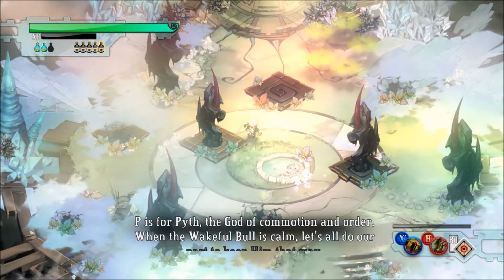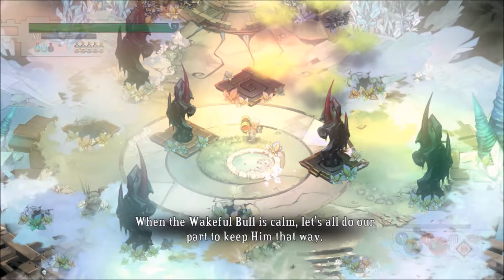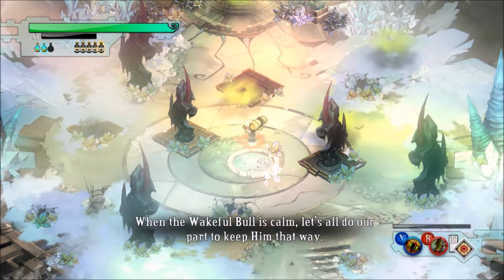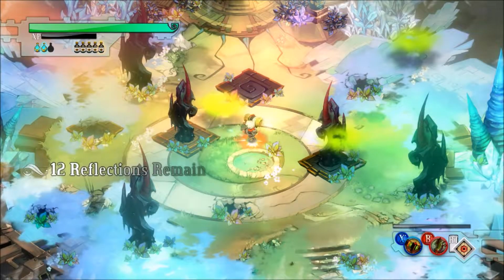So He is for Pith, the god of commotion and order. When the wakeful bull is calm,